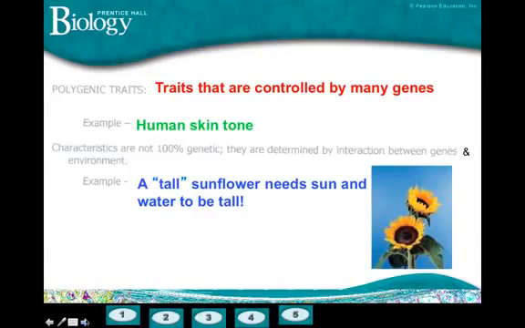Now, what I want you to remember is that our characteristics aren't always 100% genetic. Sometimes they're determined by the interaction between genes and environment. For example, a tall sunflower that receives the tall genes still needs sun and water in order to be tall. You're not going to grow very well as you get older if you aren't taking in enough calcium to supply your bones with the needed nutrition in order to make new cells. Same thing. So, hope you've learned a little bit about the types of inheritance, and now it's time for us